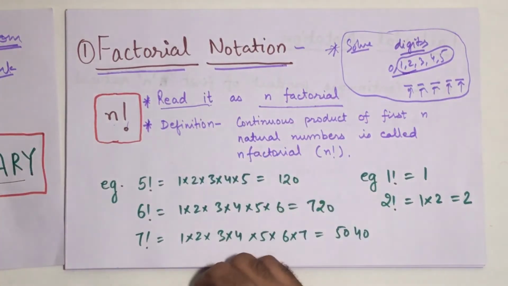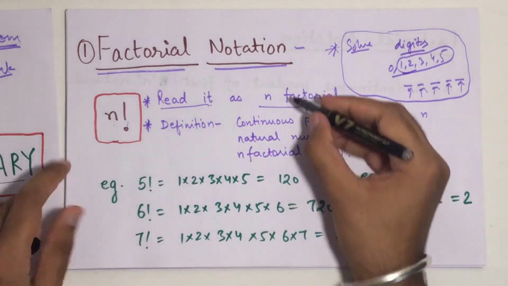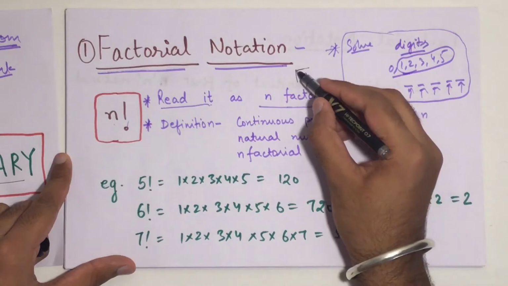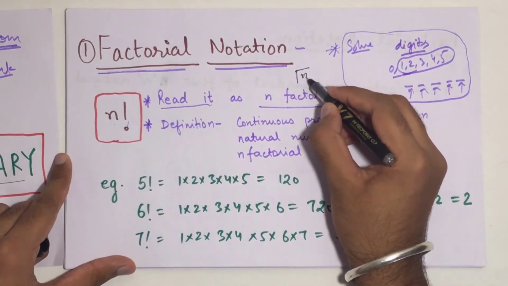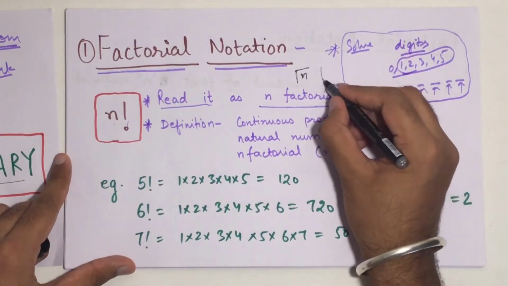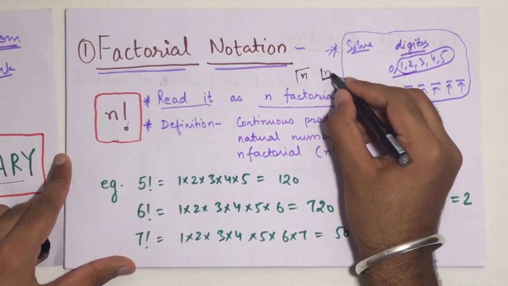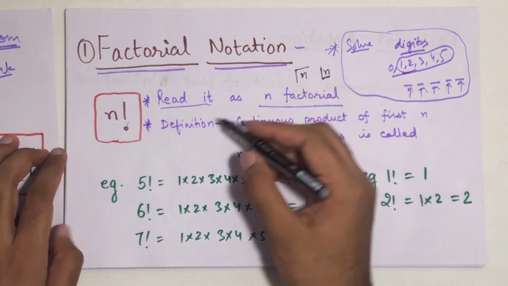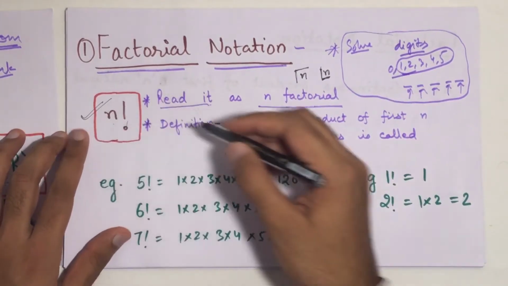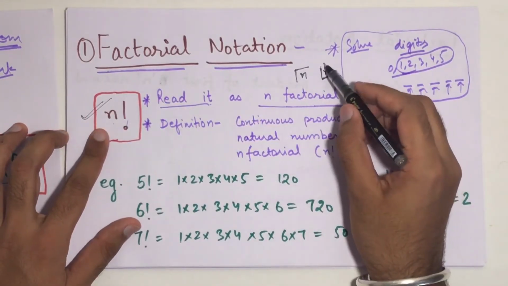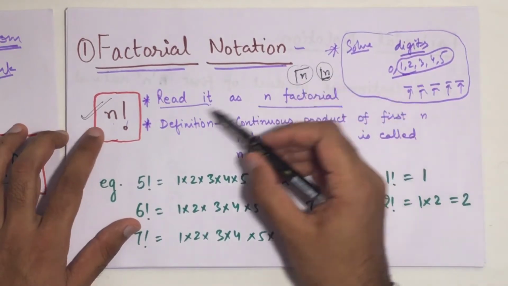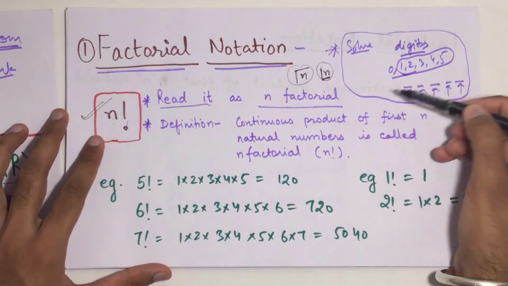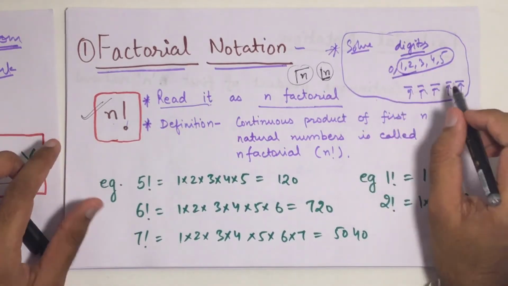Besides this, students, there is also an older way of denoting factorial. It is made like this, with a line on top, and we read it as factorial n. I think it is something like an L and then we make it like this. So you have to be aware that the exclamation sign is the latest notation and generally it is used. If any other notation is used instead of this, then the examiner will specify accurately that it is the factorial notation.